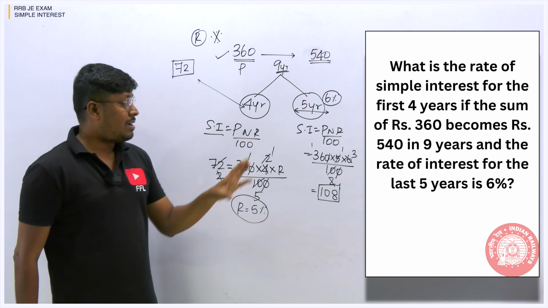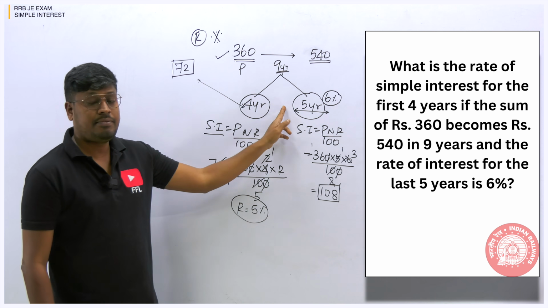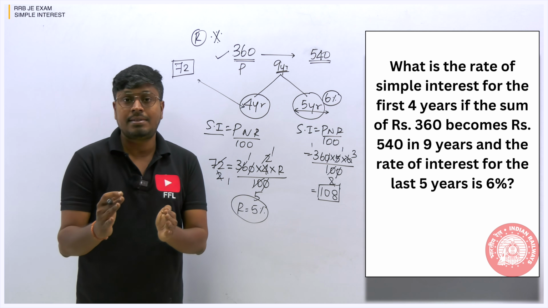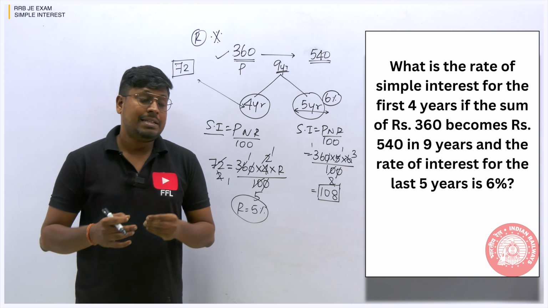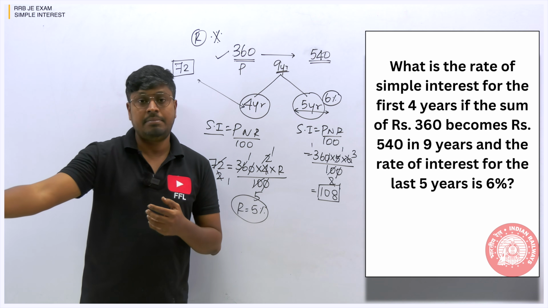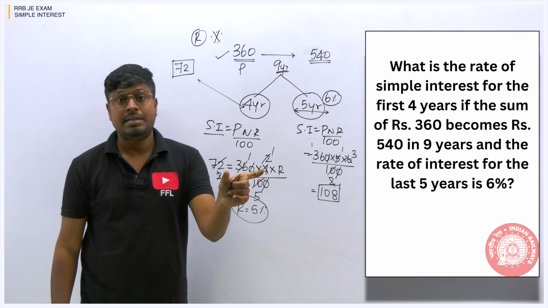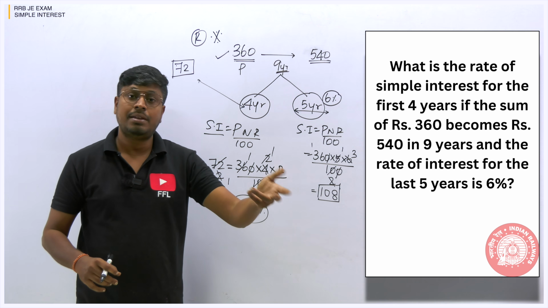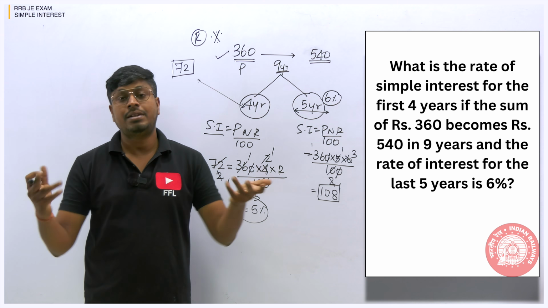So always solve different sorts of questions. Usually you can see this kind of question, where the total amount is split into two rates of interest, or else the total amount is split between two persons. For example, I have 10,000 rupees and some amount I have given to person A, and the remaining amount I have given to person B. That amount will not be mentioned in the question. So we have to consider the first person as X and the second person as 10,000 minus X. Similarly, in some questions you can see the first person I am giving 1,000 rupees, the second person I am giving 2,000 rupees, but the rate of interest will not be given.